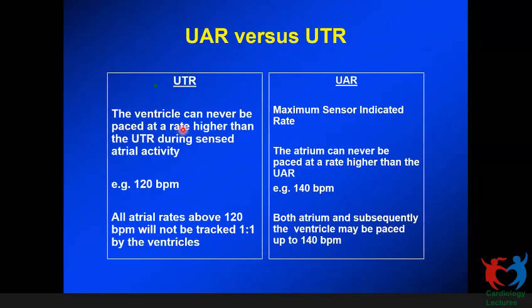And if you want to relook at the difference between the upper tracking rate and the upper activity or the upper sensor rate: upper tracking rate is the maximal rate at which the ventricle will be paced in response to atrial sensing. So here, atrial pacing is not a consideration, which means the ventricle will not be paced faster than that rate, which is a programmable rate. The nominal setting is 130 beats per minute today in most pacemakers. So that means up to 120 or 130 beats per minute, there will be 1:1 tracking and pacing of the